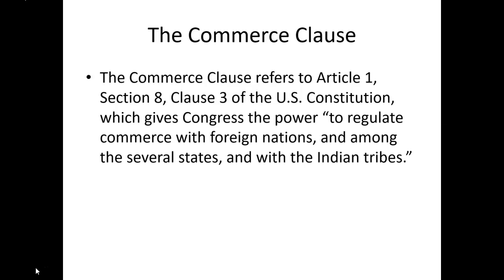Now, the main component of this, obviously, is that if an economic activity may impact more than one state, the federal government may step in and feel that it has the authority to create laws, regulations, and policies that intervene with that and try to solve maybe some of those disputes, issues, or problems. And so again, it may be to the benefit of one state and to the detriment of another. And so again, this is where it can get really conflicted, but at the same time,